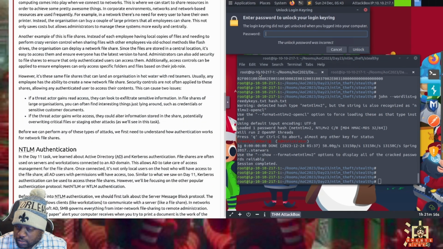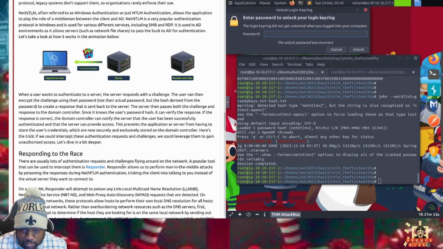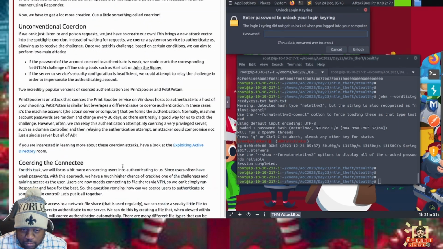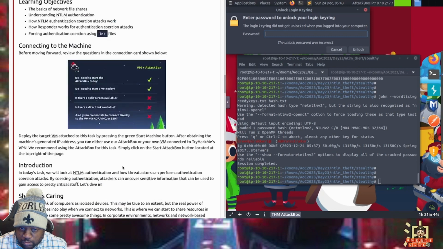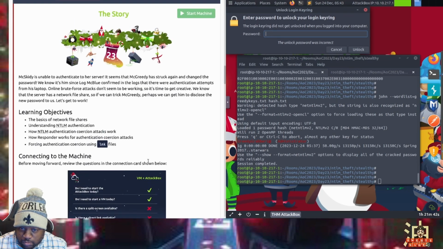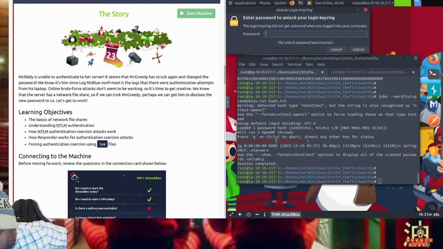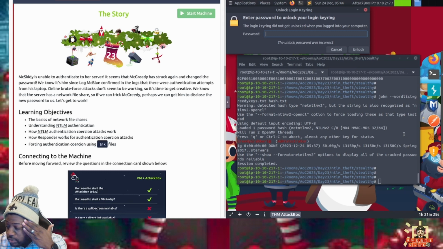Just like no. Root. That's the root password.